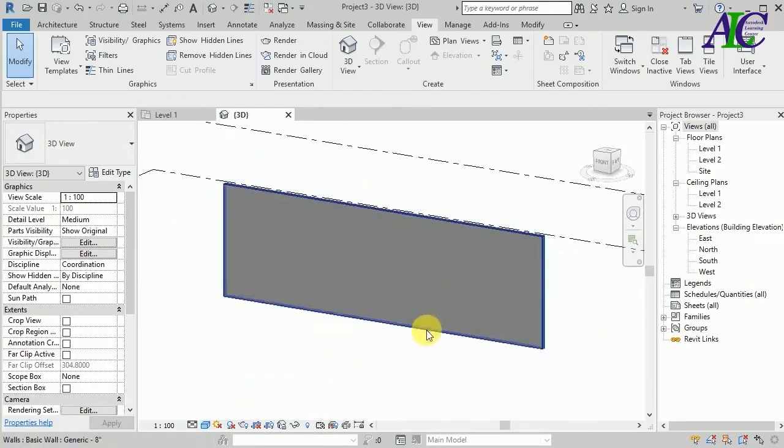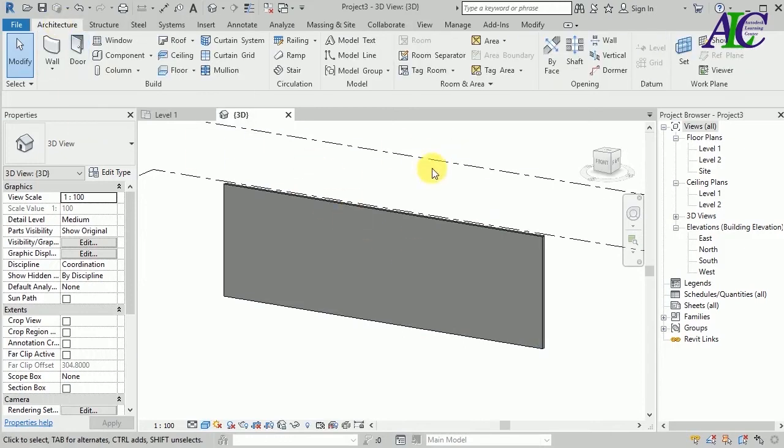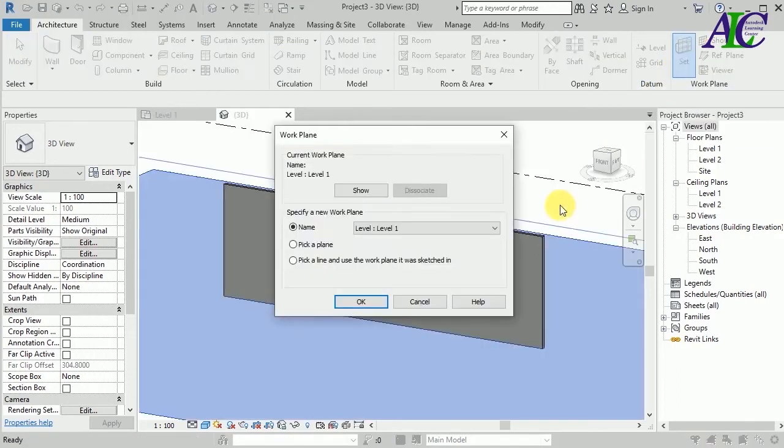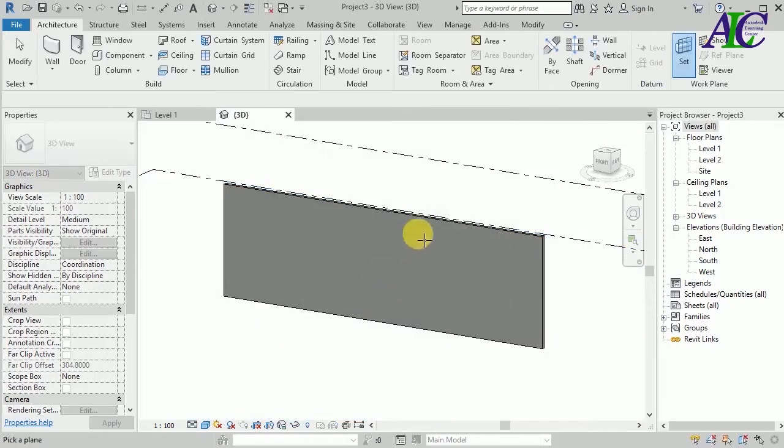Okay, this is the wall that now I'm going to write a text on. Or you can write something like a billboard. So let's select the work plane, and move the cursor all around the wall until a blue line appears up here. Okay, and then from here